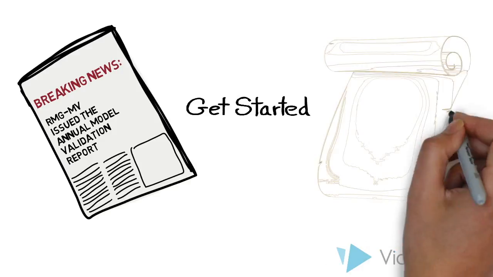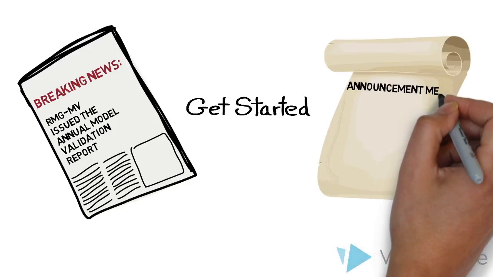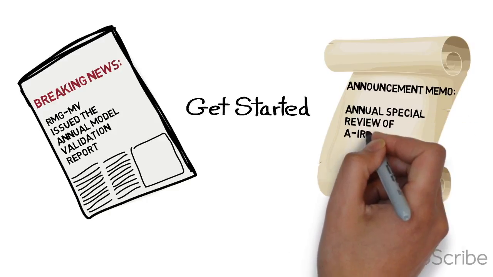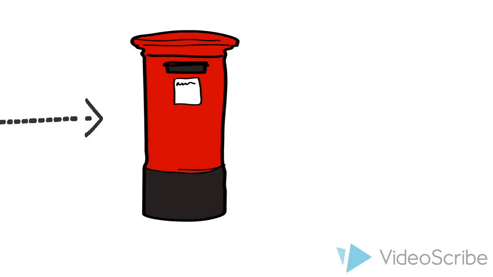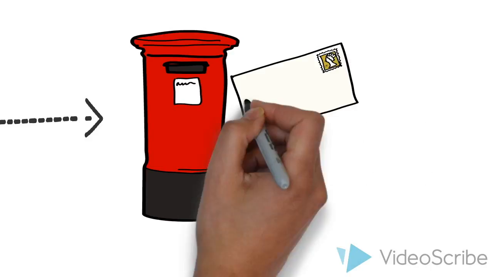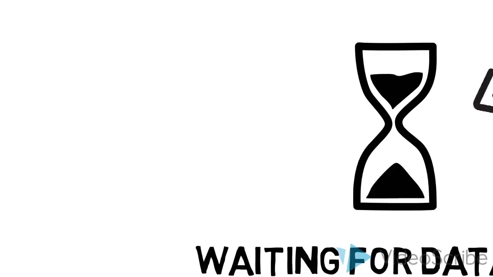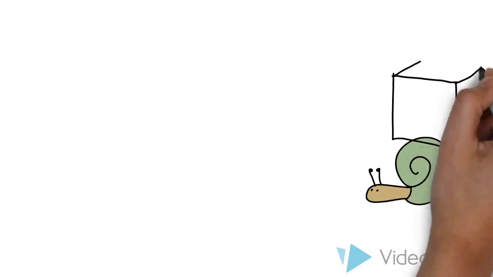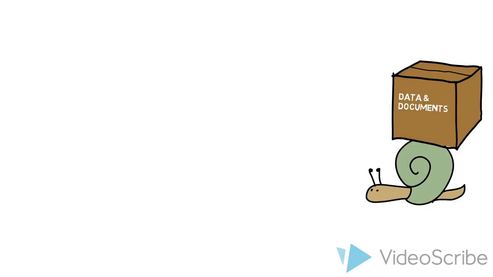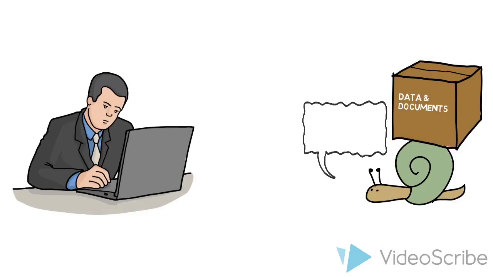After careful planning, RACM issues an audit announcement to the stakeholders to notify them of the upcoming audit. Then, RACM sends a request for data and documents which they need in order to assess the performance of the models. The waiting time for data and documents tends to drag as it is heavily dependent on the stakeholders' availability and the complexity of preparing the requested information.